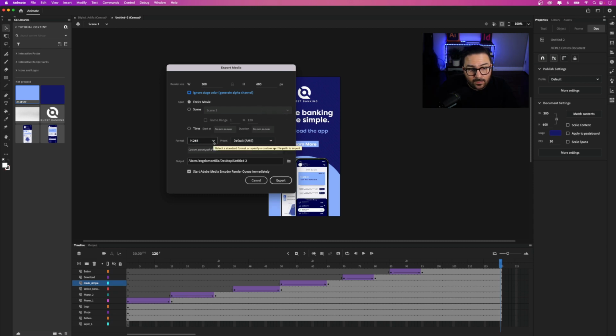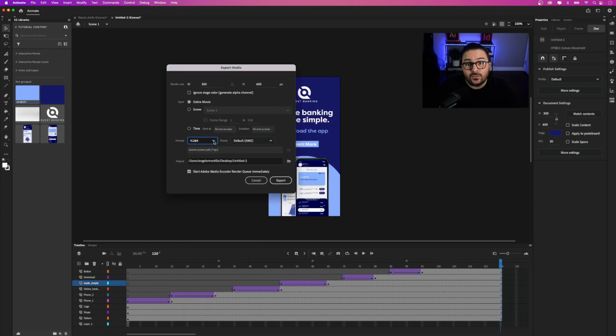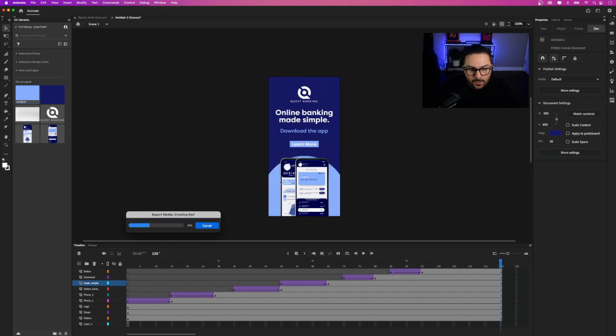And then this H.264, what that means is it's going to export as an MP4. Okay, so once you've done that, you'll hit export. Now what'll happen is it'll open in Media Encoder. As a last step, you're going to have to render it in encoder, but you'll see that it'll render through. I'll take you through those steps. I'll hit export here,